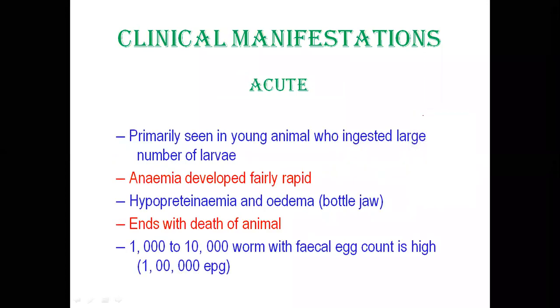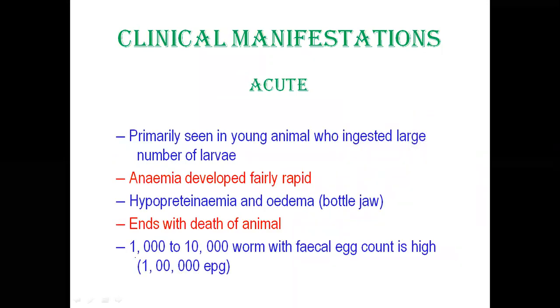The next is acute form. Acute form usually occurs when there is development of 1,000 to 10,000 worms inside the abomasum. It is seen primarily in young animals who ingested a large number of larvae, and the anemia